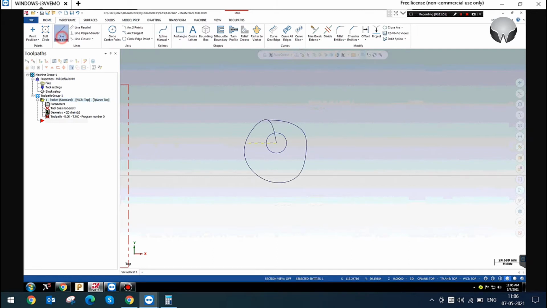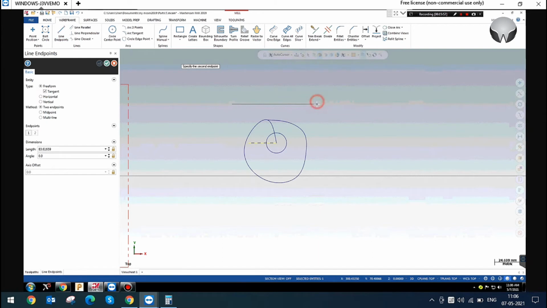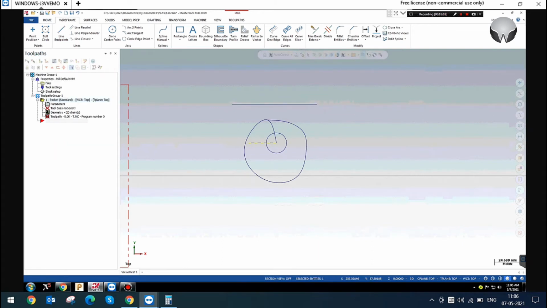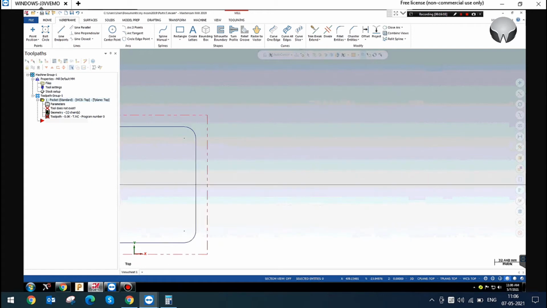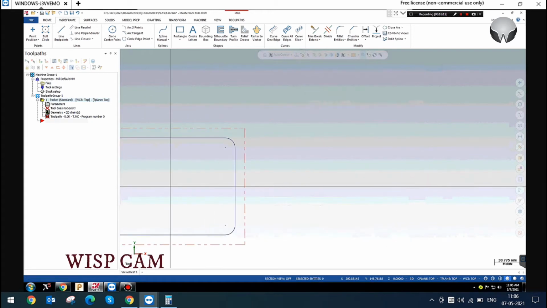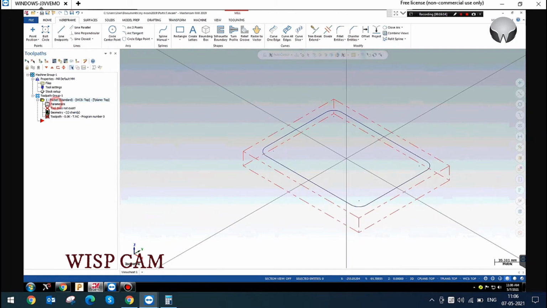The maximum diameter is 40 mm. The helix will be created. How can I explain that? Yeah, I will explain that with the 3D simulation.